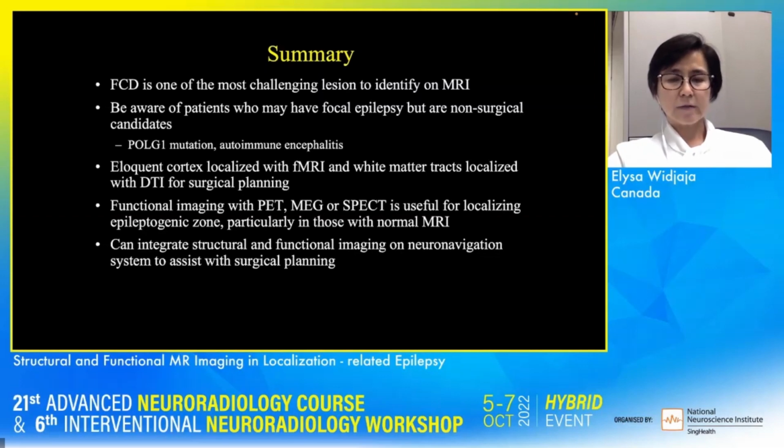All these different structural and functional imaging can be integrated on the neurosurgical navigation system to provide the surgeon with a 3D map